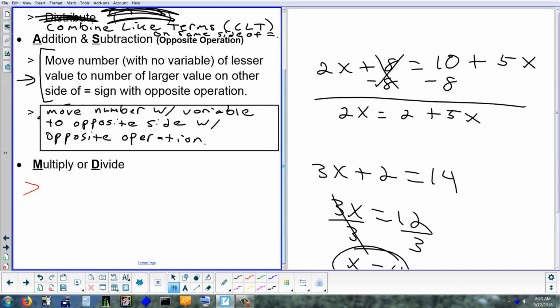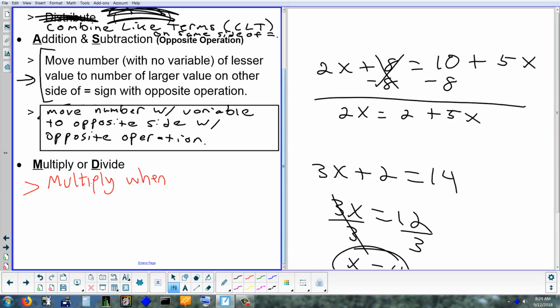What would tell you that you have to multiply? If there's a division sign. If you had a number with an X next to it, you'd have to divide it. Okay, what kind of a number is it going to be? Is it going to be a whole number, a fraction, or a decimal? Fraction, right? So we'll multiply